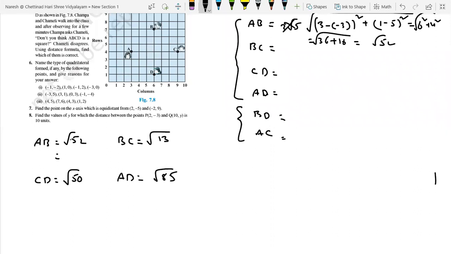Is there any relation between the four sides? All are different sides. What kind of quadrilateral? It's just a quadrilateral. Can you say it is a rectangle or parallelogram or anything, guys? No, sir. So no need to find any diagonals here. Straight away you can say this is just a quadrilateral, because it is not satisfying any condition related to any specific quadrilateral. Am I right?